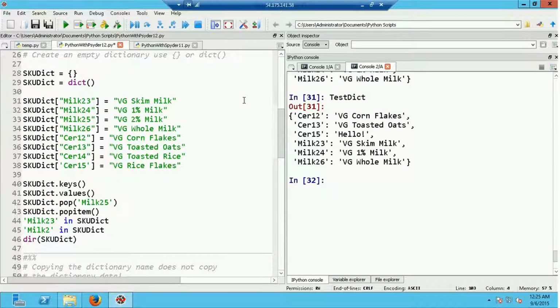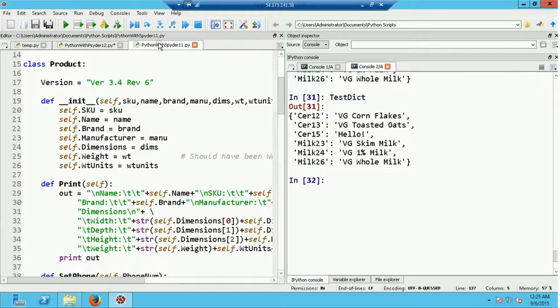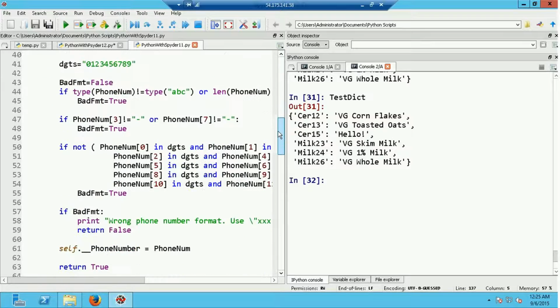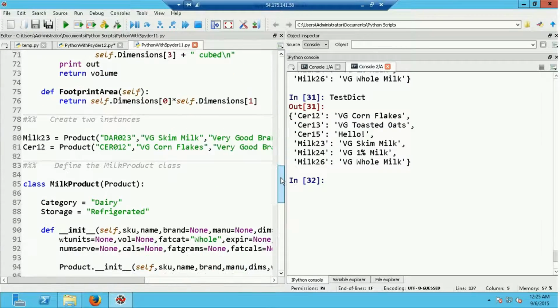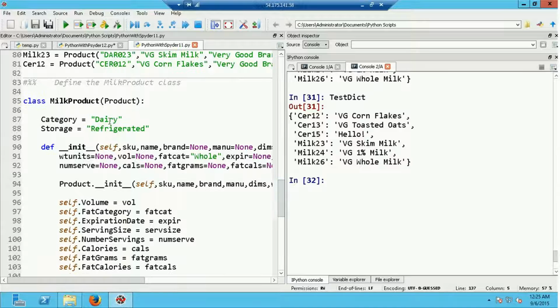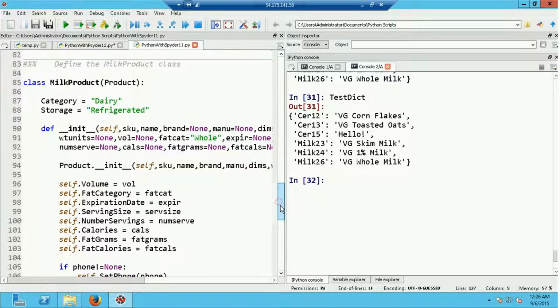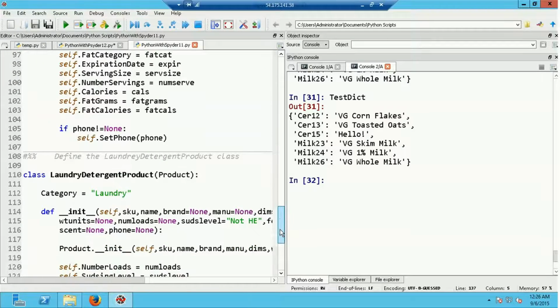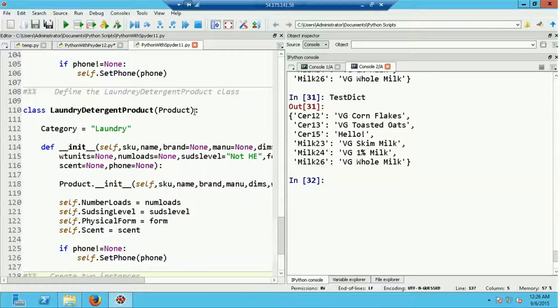I also have open here in the editor the code file for Python with Spyder 11. And what we had done in that video was first to define an object class for product, and then inheriting from product, we defined two additional classes, a milk product class that inherited from product but also had data that was specific to milk, and a laundry detergent product class, again inheriting from the class product, but this class having data that's